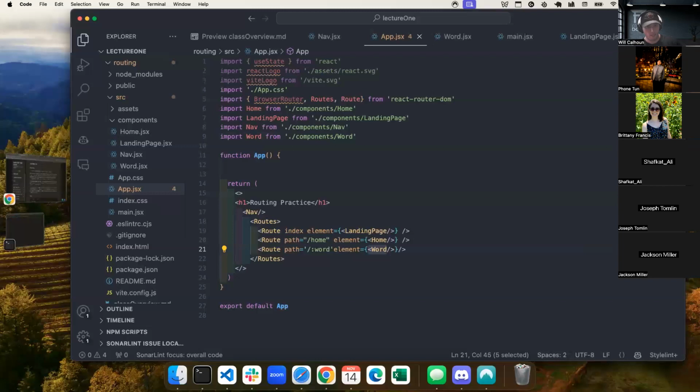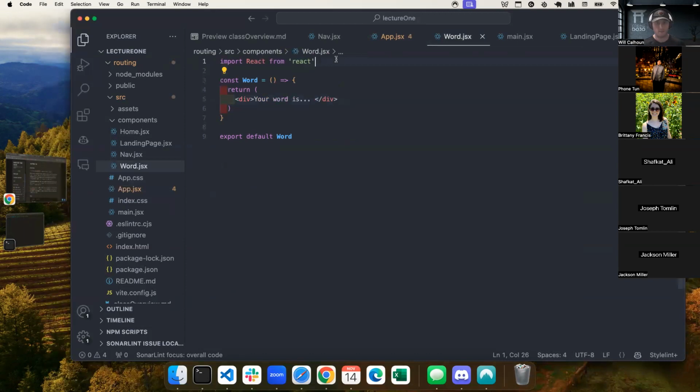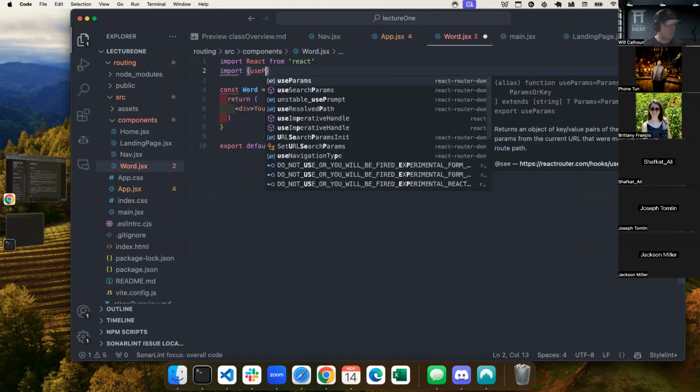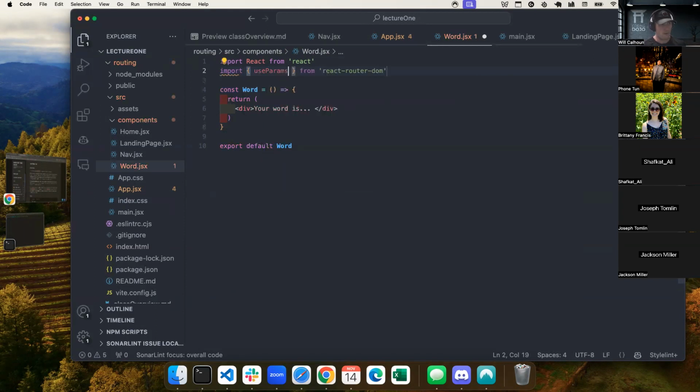Now, let's pretend that I wanted to grab that information from the route and actually use it. Well, I can do that. So if I go to my word, I have this set up just like normal. I want to use use params. So I can say import use params from React Router DOM.